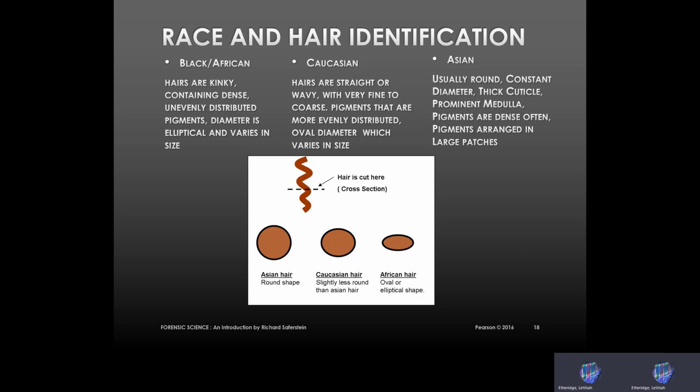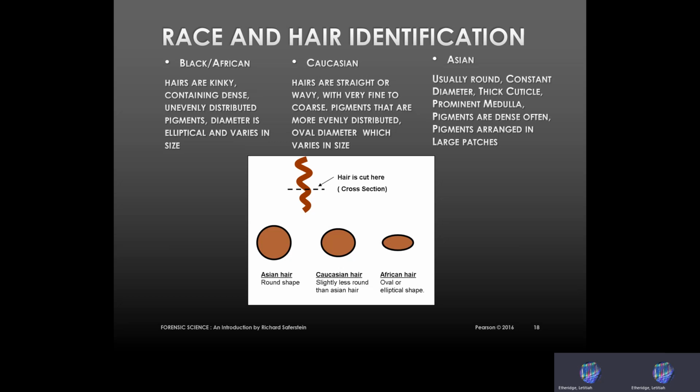So if you take a look at the picture down below, this is just showing you the cross-section of hair, and then it's showing you the African-American hair is going to have this oval, probably more of an elliptical shape. When we talk about Caucasian hair, it's going to be oval, but it's going to be a little less rounded than Asian hair, probably more rounded than African hair. And then when we talk about Asian hair, if you were to do a cross-section, it's going to have a